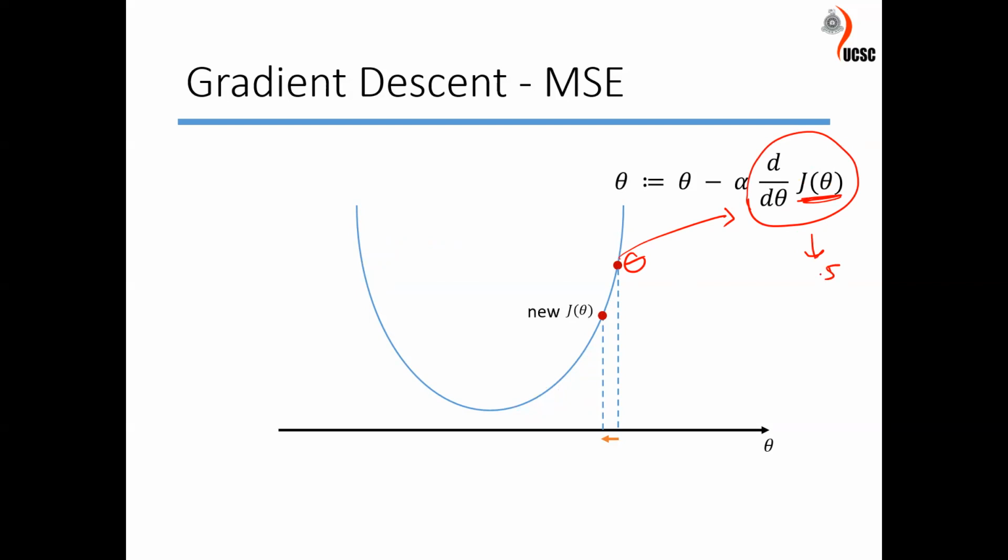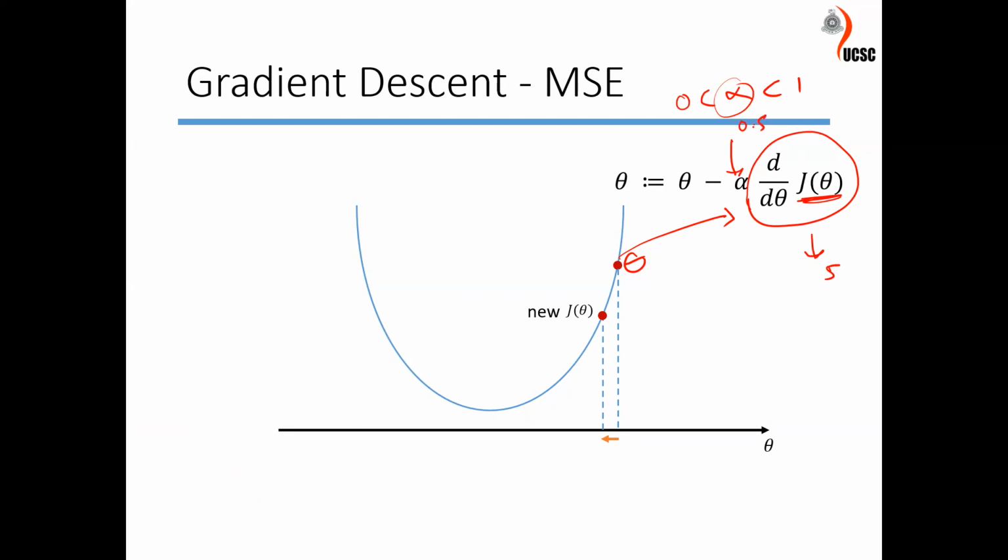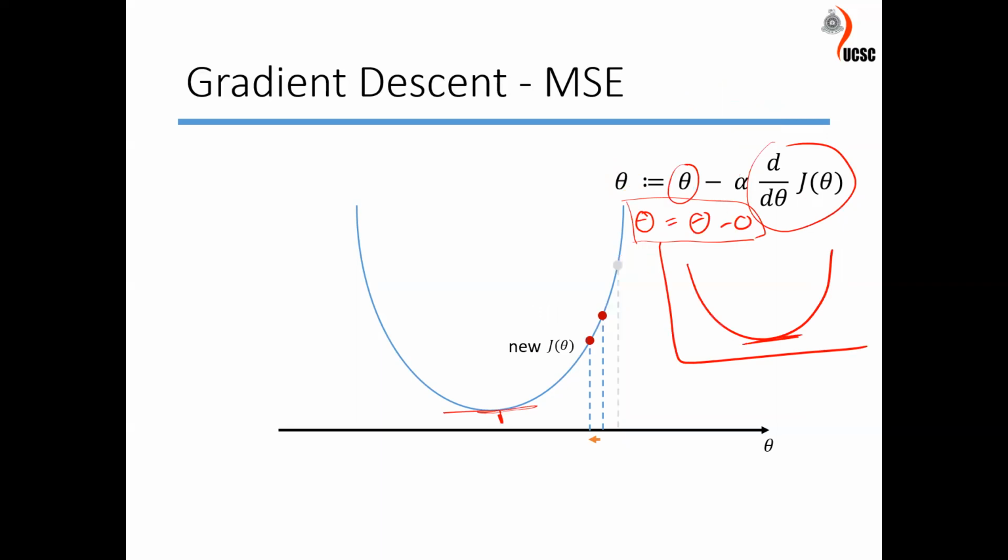Then this alpha is the learning rate, which is between 0 and 1. You can set your alpha to something like 0.5. By using these values, we're going to update the theta, so this is our new theta. Like that,